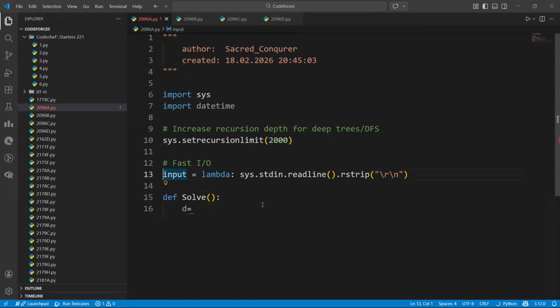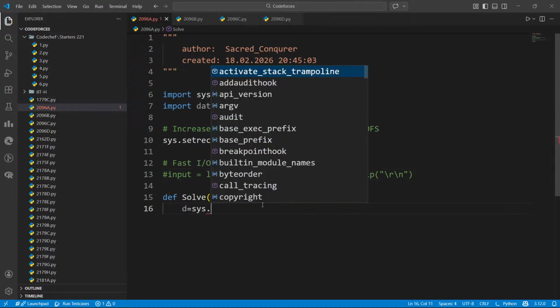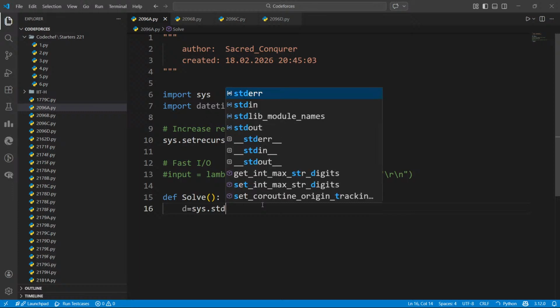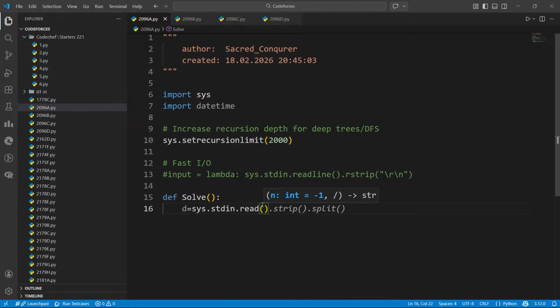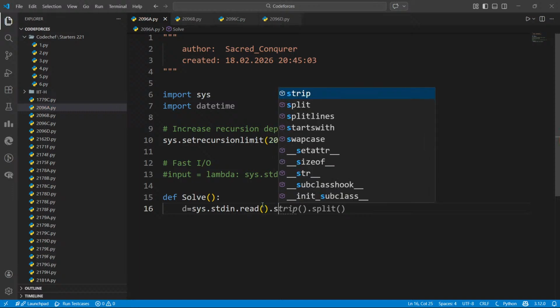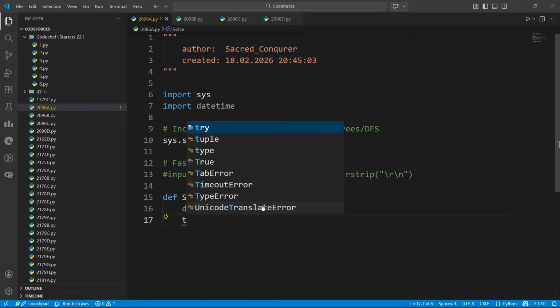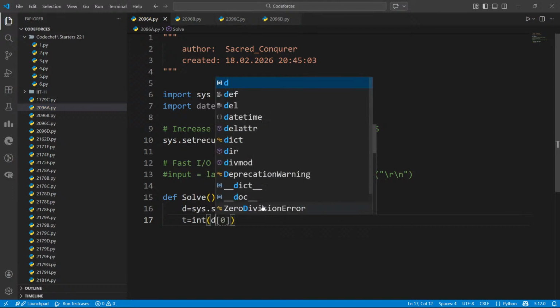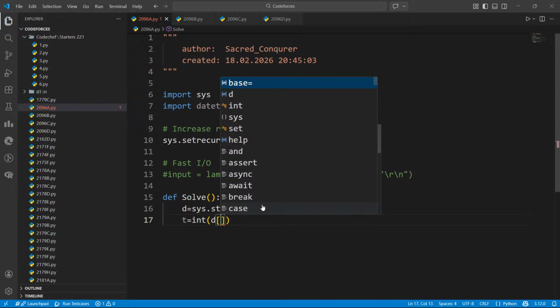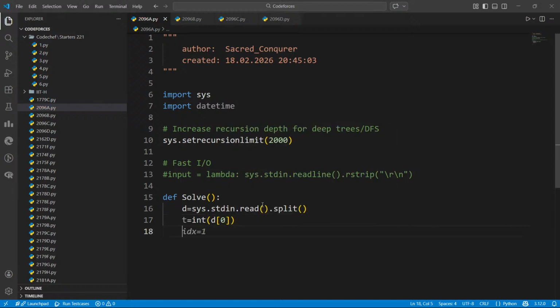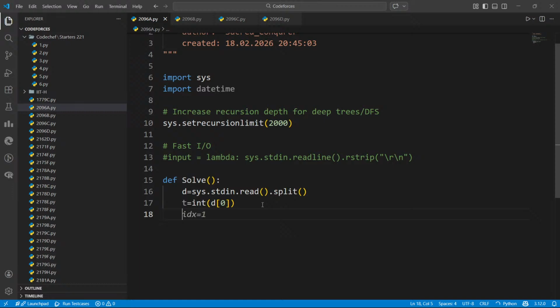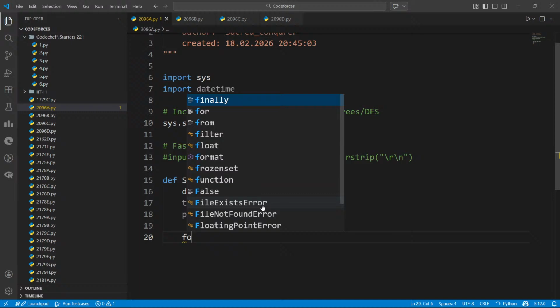I'll just hash this also. We'll take another integer t. We'll take another variable p and set it equal to 1.